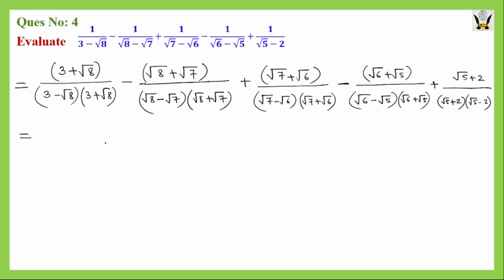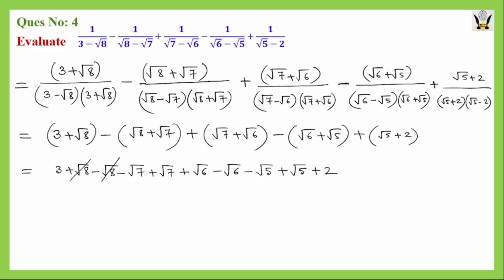So if we simplify further, then from the first term, we will have 3 plus root 8, and in the denominator we will have 3 square, means 9 minus 8. 9 minus 8, it will be 1. So here plus 8 minus 8 will cancel each other, plus 7 minus 7, plus 6 minus 6, plus 5 minus 5. And finally in that expression, what will remain is 3 plus 2, and that will be equal to